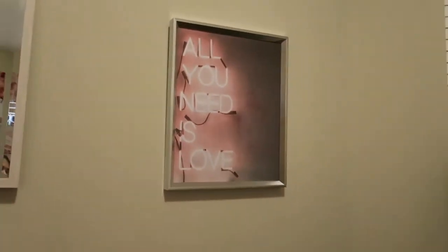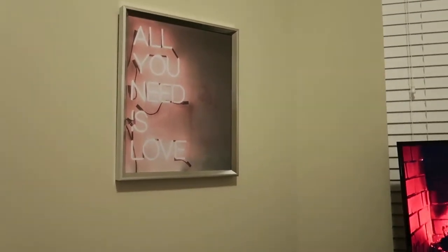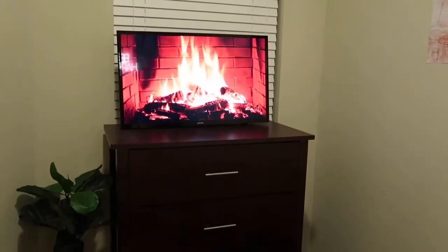And then right here, I just have this print that I got from Home Goods. And then I just have a plant that I got from Burlington Coat Factory. And then my TV and